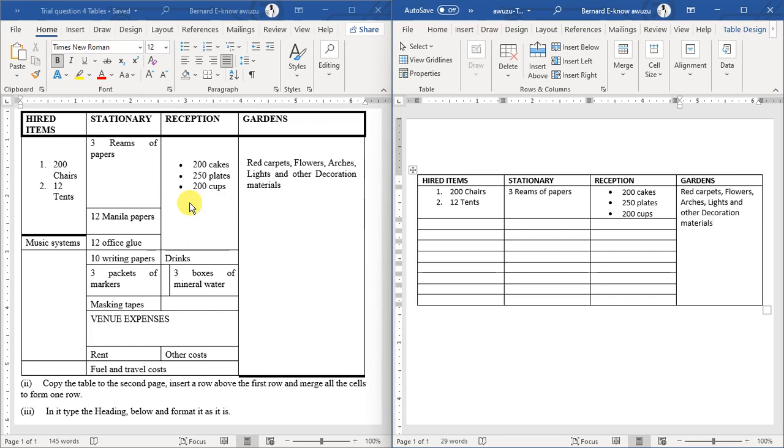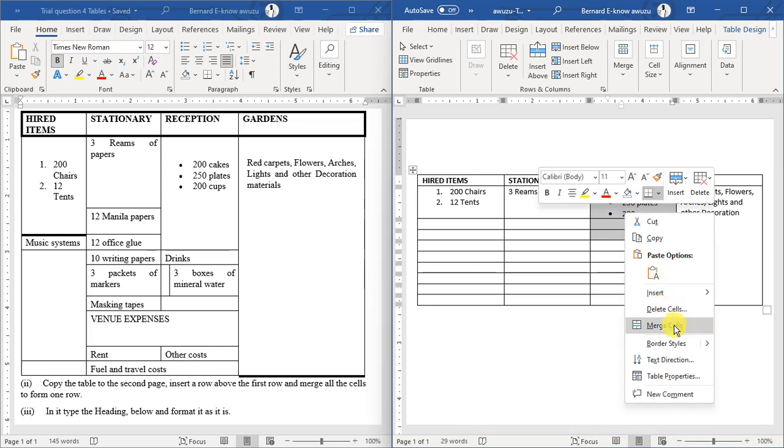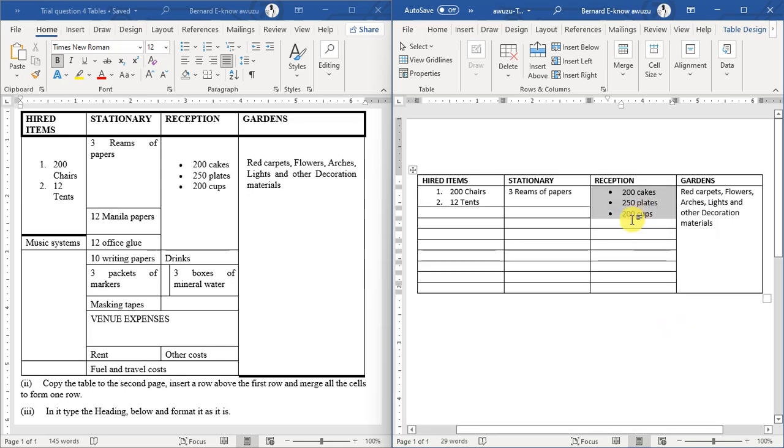When you look at reception, it has about 1, 2, 3 cells merged. So I am going to use that to merge all the cells. I will do the same, right click and then merge. So I have merged reception. And then when we come back to stationery,